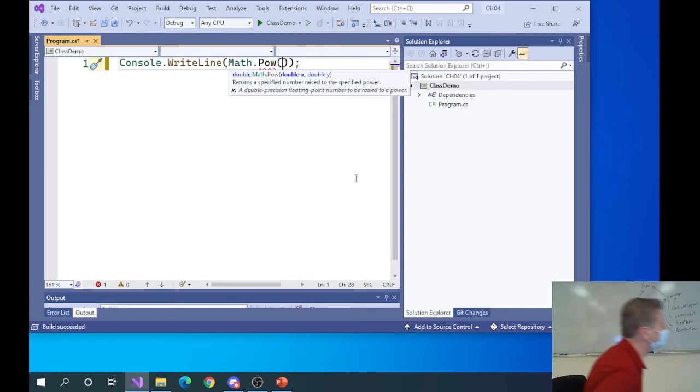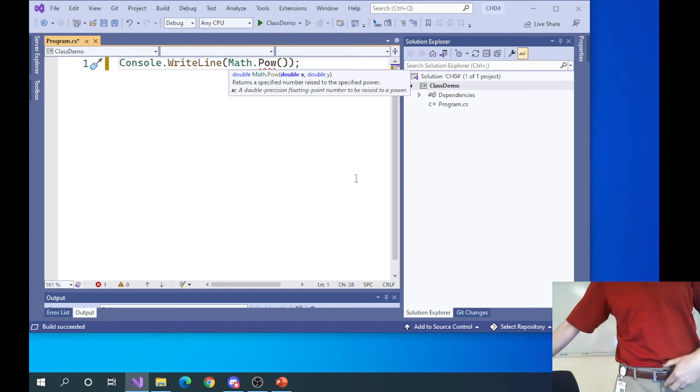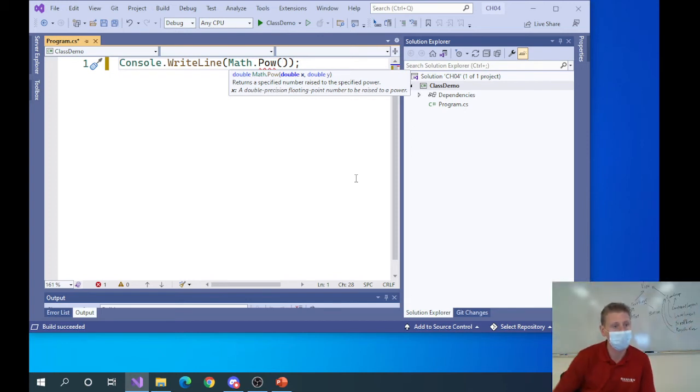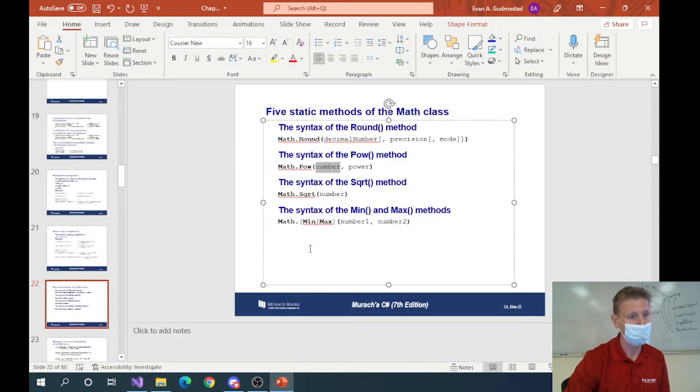What's interesting here, if you look at the signature of Math.Pow, it tells you a couple things. It says it accepts 2 doubles. So that's what you put inside of Math.Pow. And you talk about, well, it picks the data type. The data type that it returns is double. So you can actually look at that word right there and know that Math.Pow is going to give you back a double. Regardless of what you put into it, it's going to give you back a double. So this first line right here is called the method signature for Math.Pow.